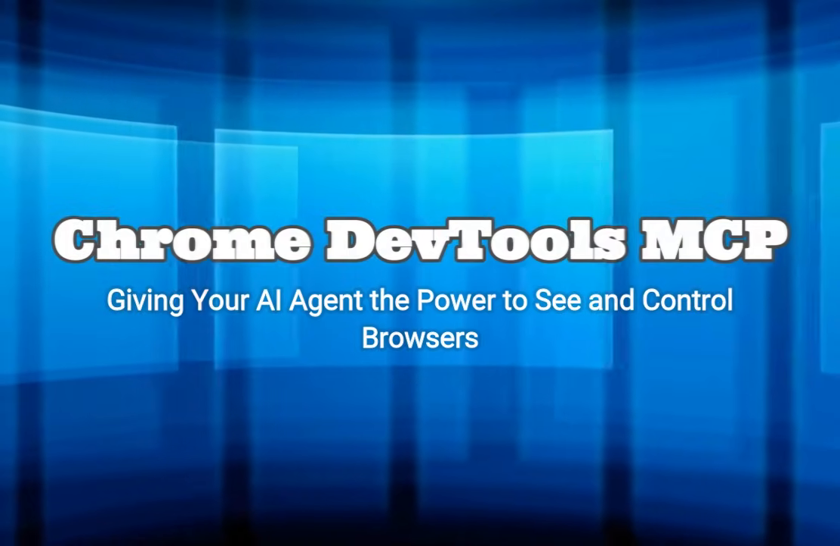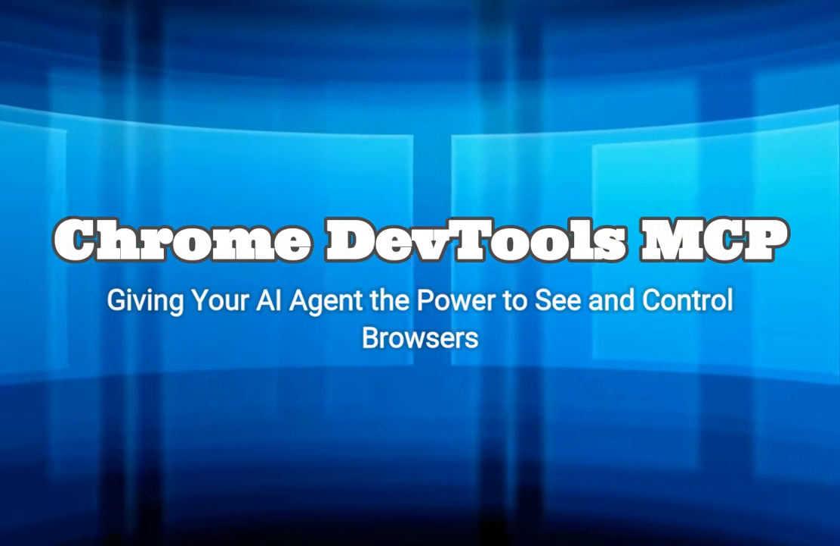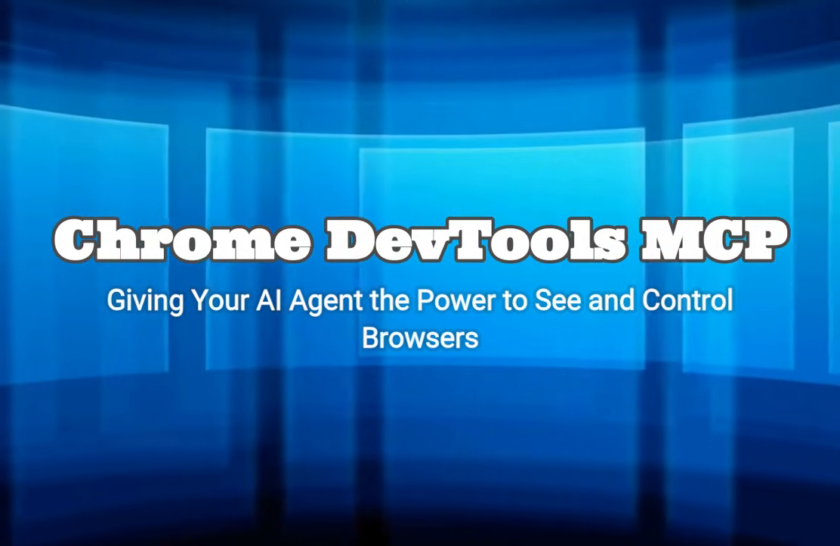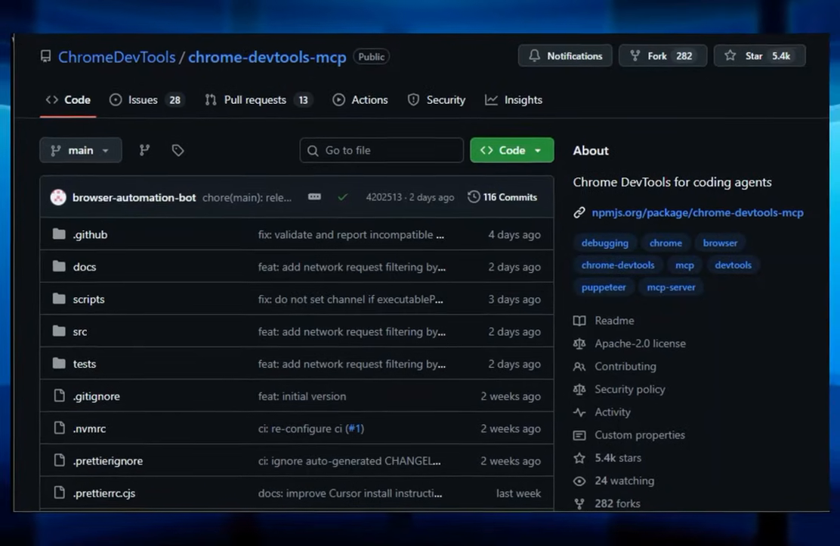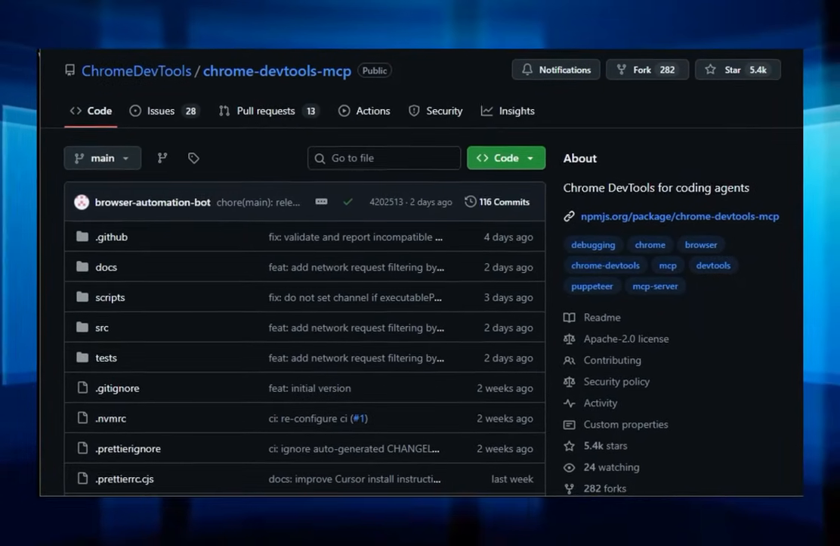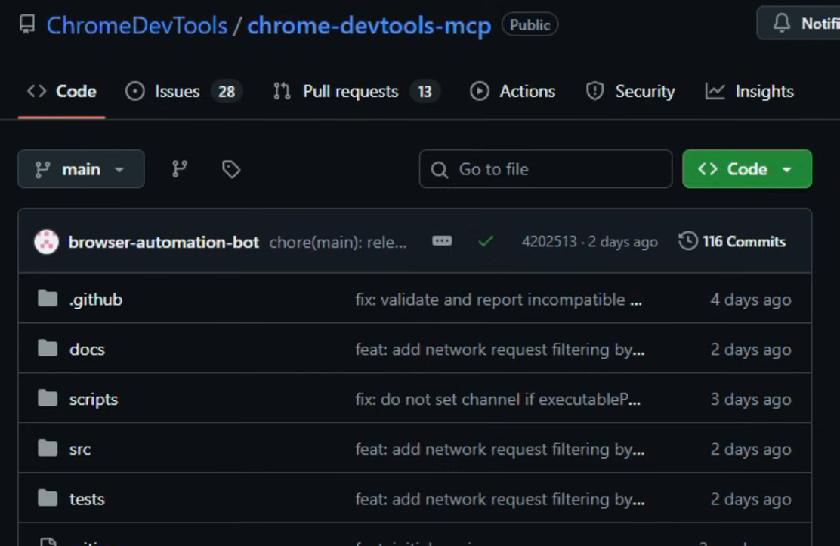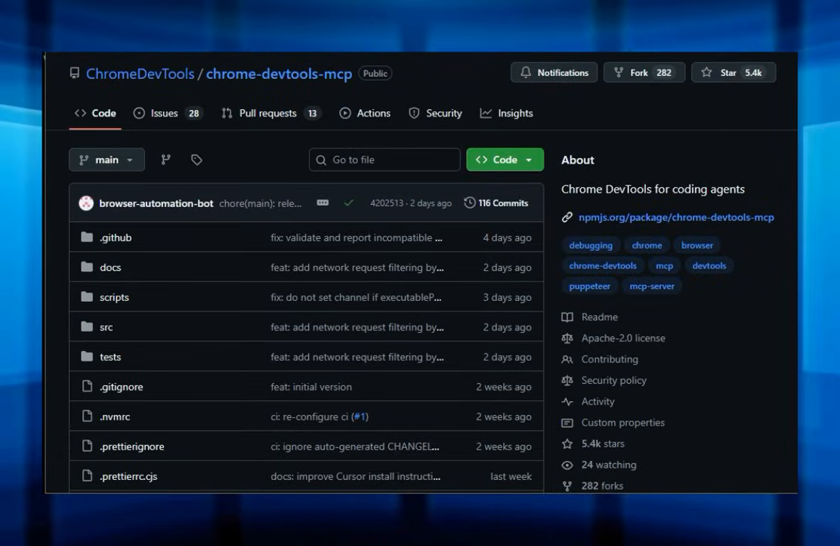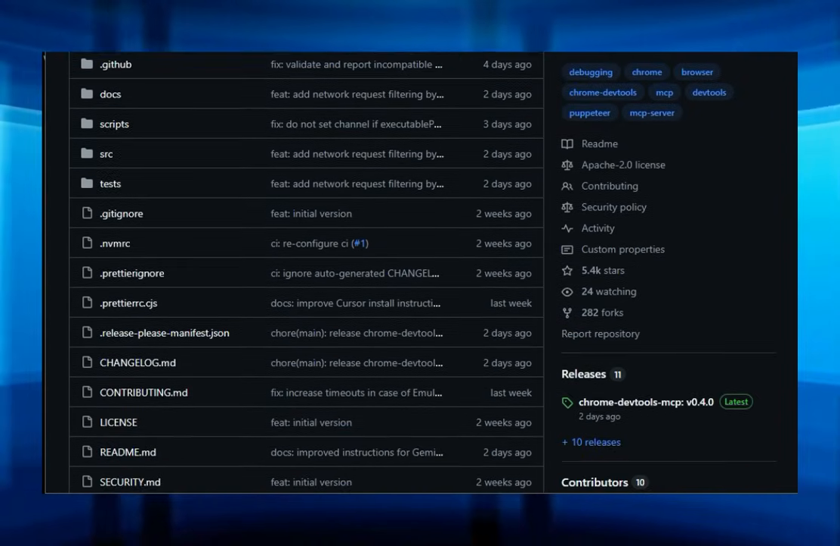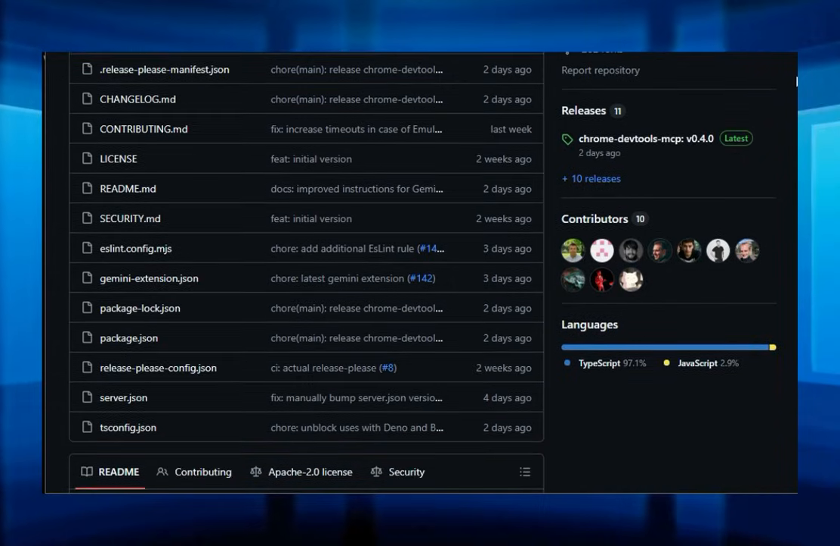Project number 1, Chrome DevTools MCP, giving your AI agent the power to see and control browsers. Chrome DevTools MCP is special because it lets AI coding assistants directly interact with a live Chrome browser, performing tasks like debugging, inspecting, and automating while making it feel natural and powerful. Instead of blind code generation, your agent can now observe how code behaves in the browser, analyze performance, and fix